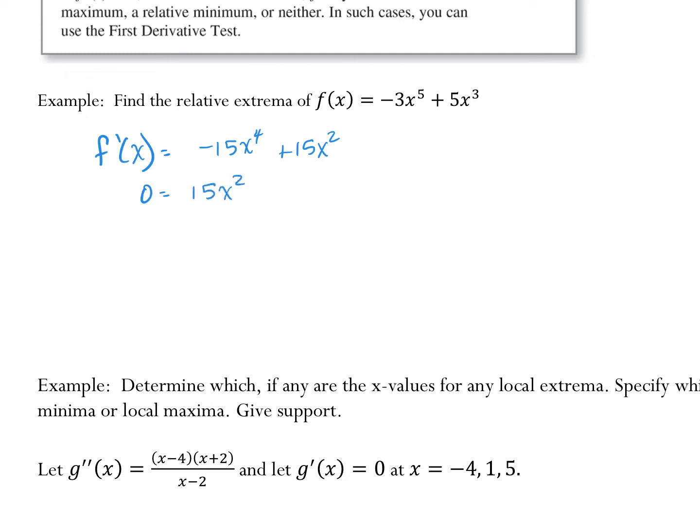I'm going to pull out a 15x squared. I get negative x squared plus 1. So x equals 0, I agree with. x equals 1, I agree with. Anything else? x equals negative 1. Comfortable with that. All right, now,